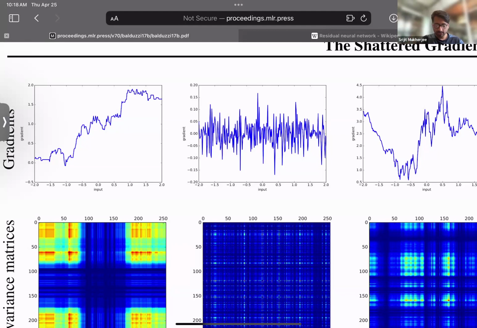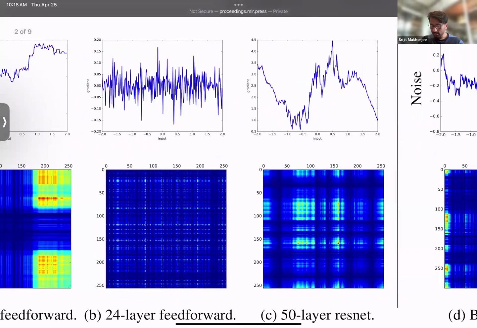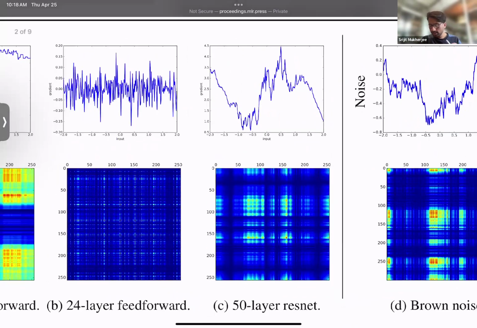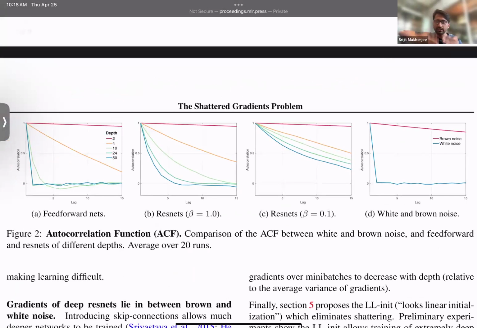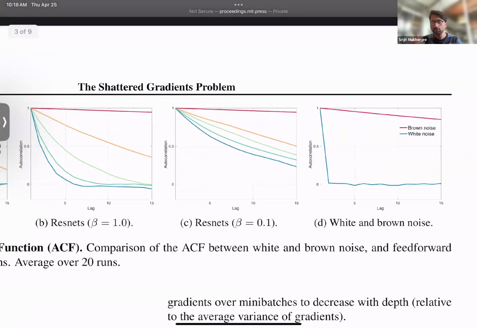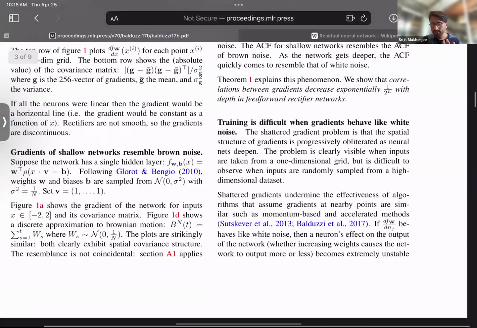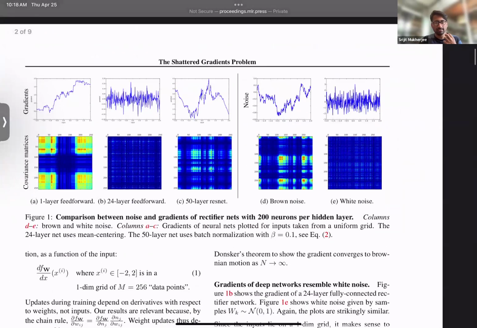like white noise. But in the case of one layer, a shallow one, it has some information, and in the case of a ResNet, it shows that it's not like white noise. It has some really interesting inputs. How do they know? If you know time series, they have shown that the autocorrelation does not drop like white noise, because white noise has no information after some time, right, from one time point to the next. So they are showing that it is more like brown noise, which does have some information. So what they're showing is the autocorrelation of this,